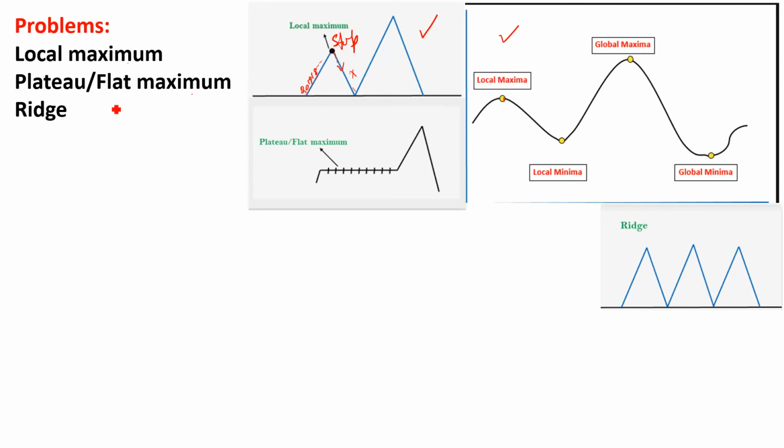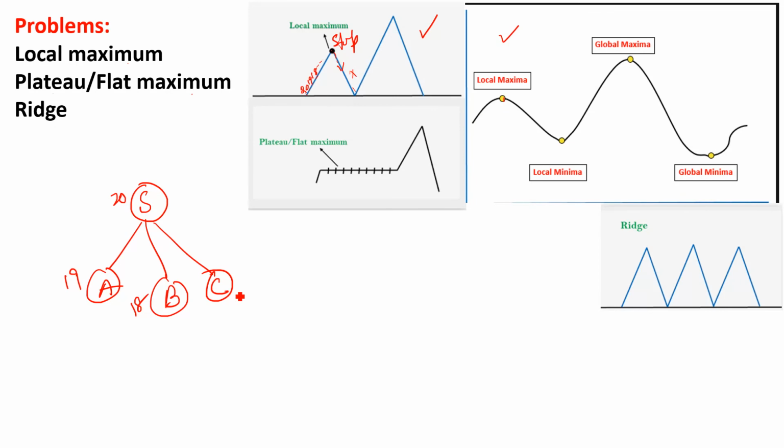Second one is the flat maximum or plateau. Now what is the meaning of it? Same thing, just take the example of our starting point, and then we have three different routes here, A, B, C, and suppose this is 20 heuristic value, again this is 18, and this is 17. It means we have to explore this. We will not keep these two in our memory. When we explore this, it is better than this because this step is 17 and this is 20, it is better. Now here, suppose C has three different routes,